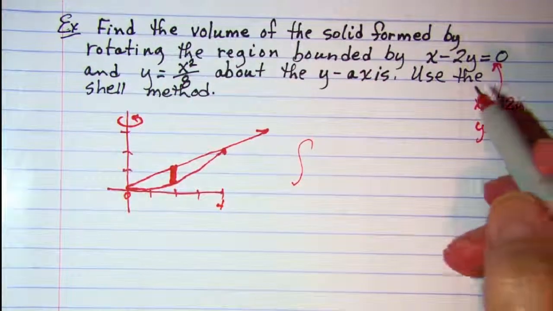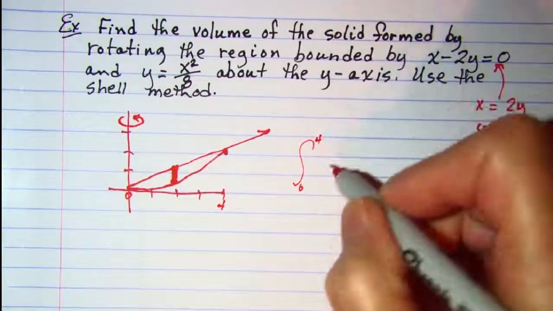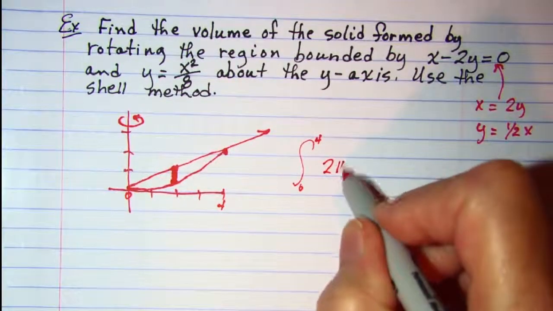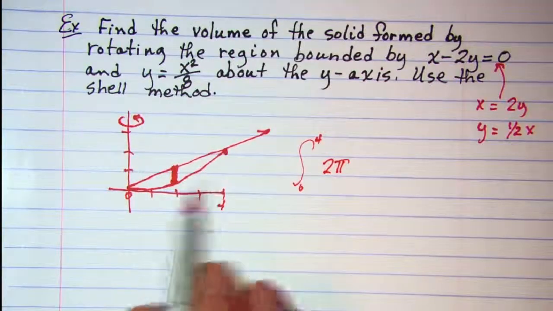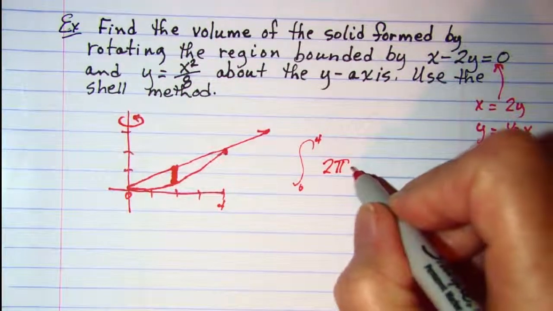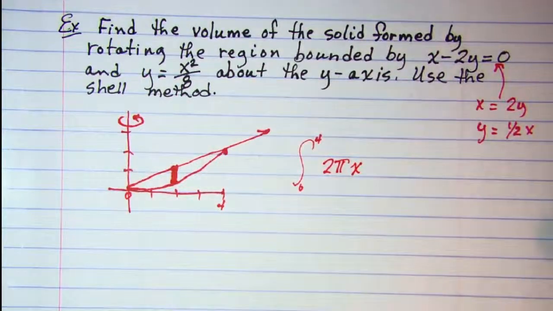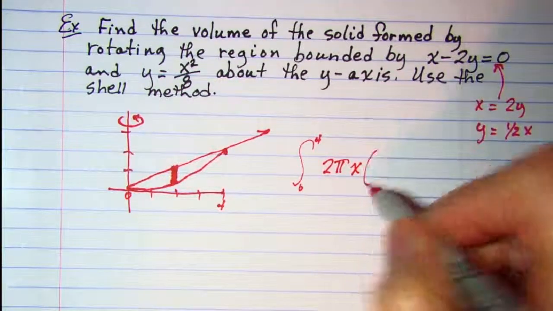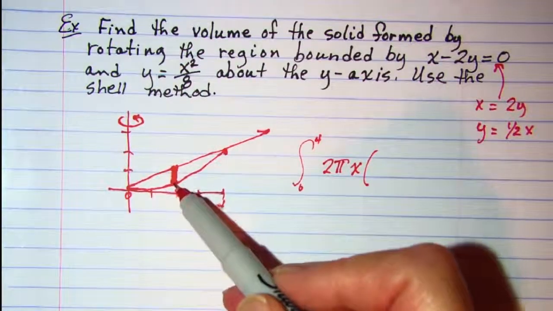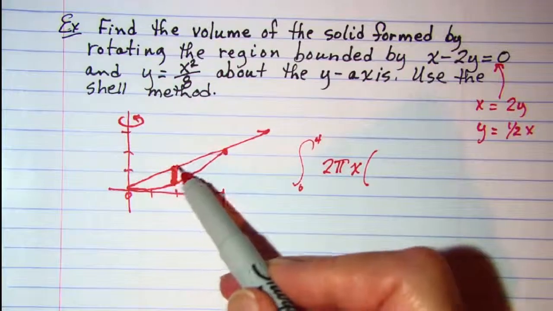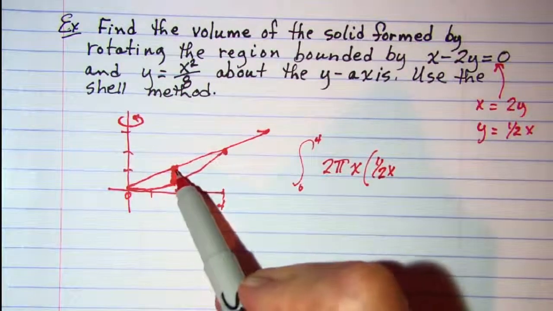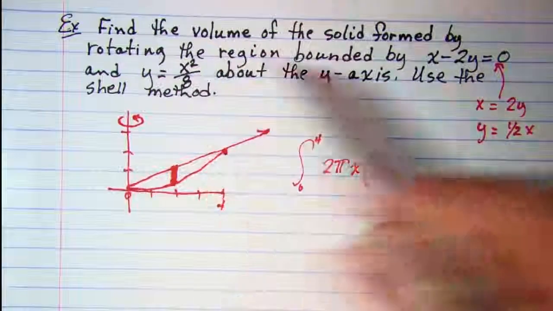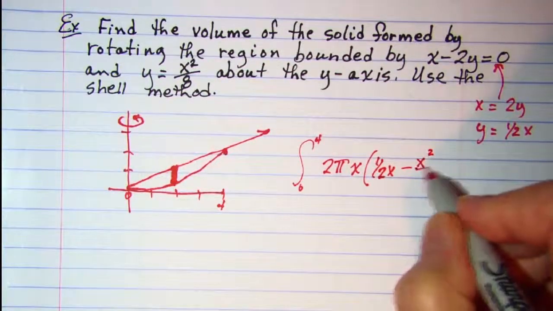So I have the integral from 0 to 4 of 2 pi r, and then r is my x value, and then my height of my rectangle is the upper function minus the lower function. So my upper function is the line 1/2 x, and my lower function is the parabola, which is x squared over 8